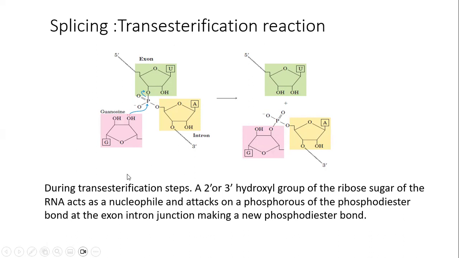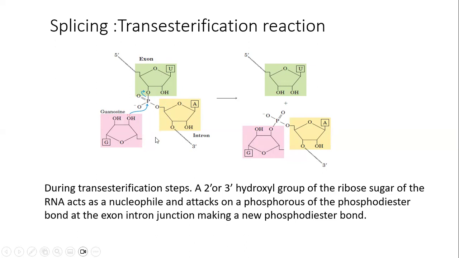As you can see in the trans-esterification step, either a 2' or a 3' hydroxyl group of the ribose sugar acts as a nucleophile, making a nucleophilic attack on the phosphorus at the splice junction,